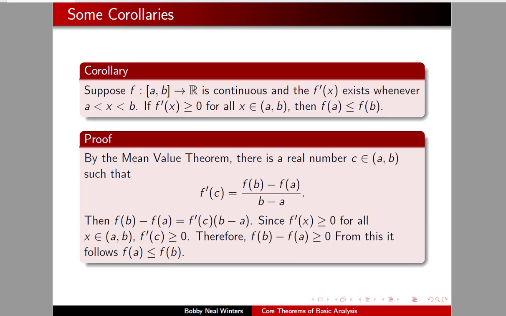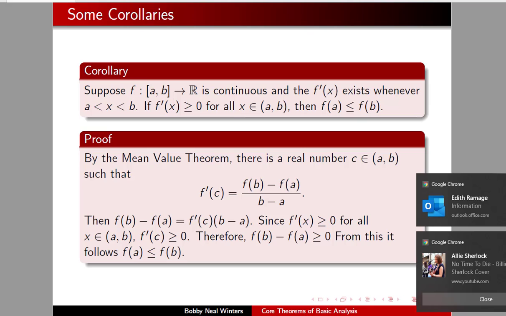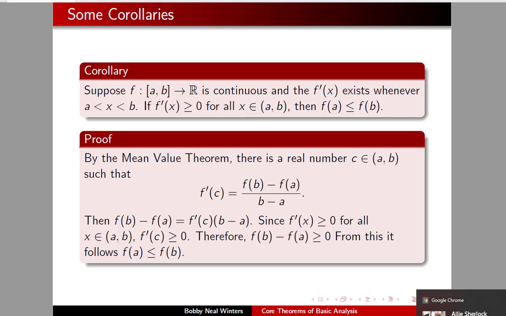We're now brought to some corollaries. Okay, first suppose that little f from the closed interval [a, b] to R is continuous, and its derivative exists whenever x is between a and b. If f prime of x is greater than or equal to 0 for all x in (a, b), then f of a is less than or equal to f of b. So basically, this is what you would expect. If your derivative is positive, your function is sloping up, and so you're no larger at the beginning than you are at the end. So by the mean value theorem, there is a number c in the interval (a, b),